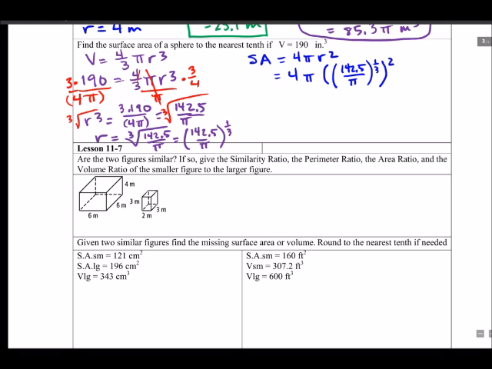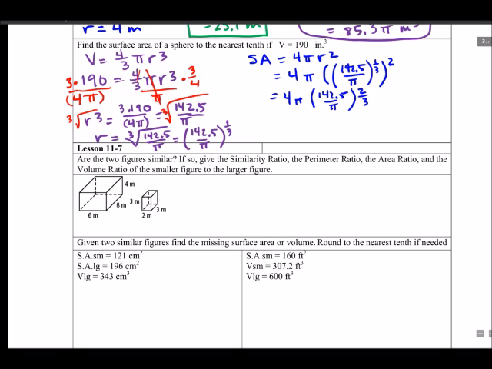And then I need to square that. And so now I have 4 pi, and I can put my exponents together, 142.5 over pi to the 2/3